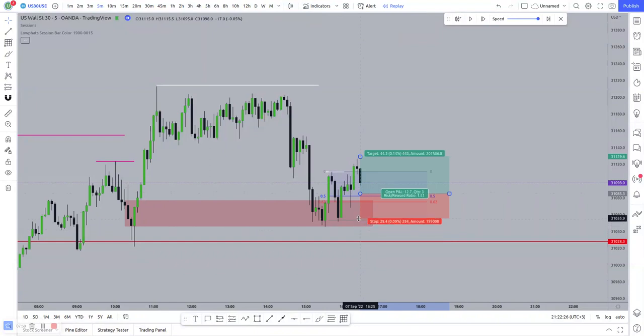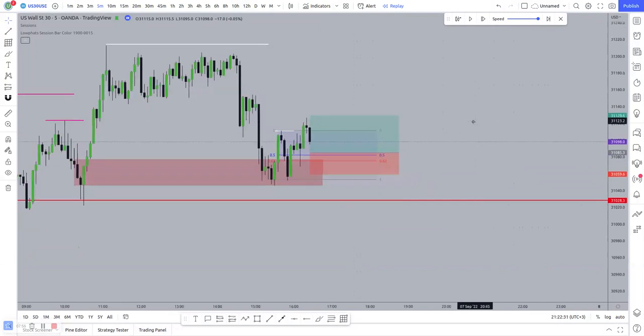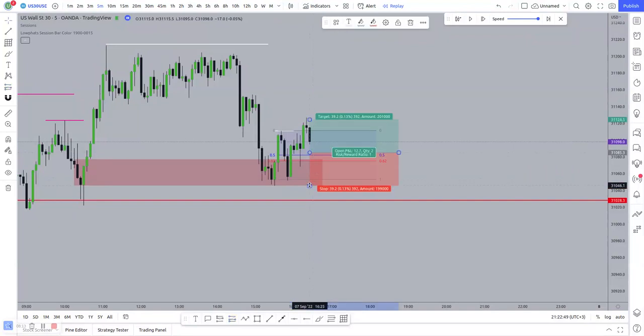My stop loss was below. You see, let me remove this. You see, when price took out this swing high, this bearish candle becomes the order block. So I put my buy here and my stop loss below the order block,